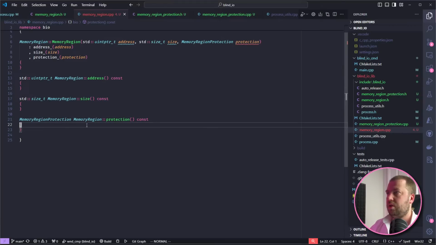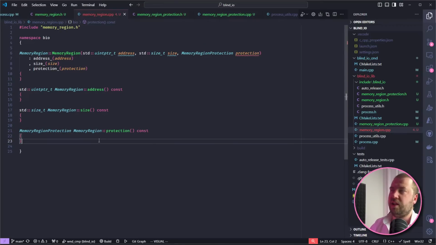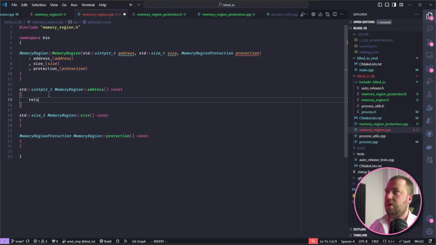Is viewing memory regions not possible in something like Cheat Engine, or am I doing this for the sport? I'm 100% doing this for the sport, kind of. One, I just think it's really fun and interesting to go through, and two, I'm building out a toolkit for me to actually use to help streamline my videos. But I kind of like building stuff from scratch. It's how I learn, so that's why we're doing this.